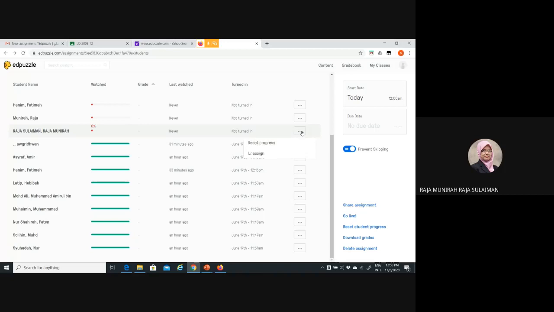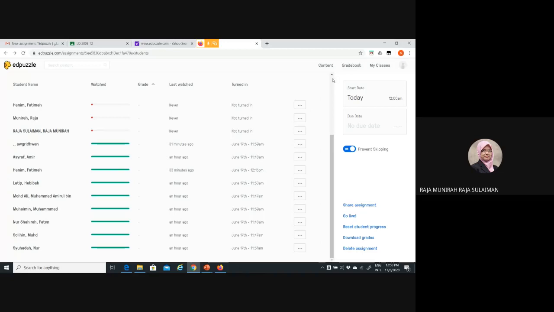So if you want to reset an individual, you can click the 3 dot button here and then click reset progress, or you can unassign. If you click here, I'm afraid that it will reset all the students. I don't want to do that.